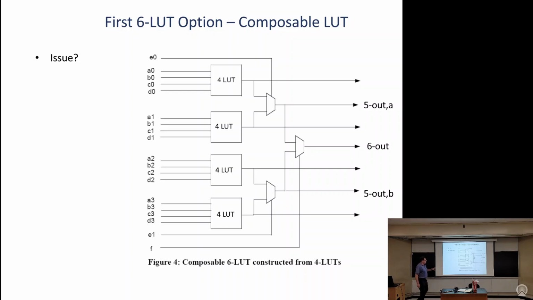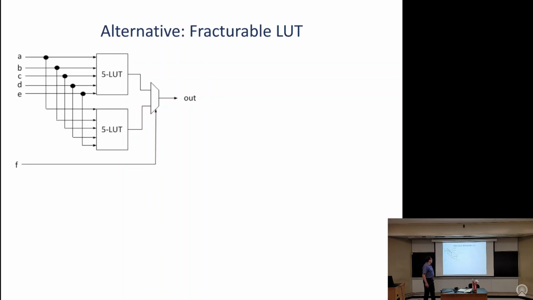So yeah, if you were to actually build this, it's worse. It's too expensive, basically. You've greatly increased the cost of the 6 LUT and then improved your ability to reuse things, but it's not a good trade-off point. Okay, so the alternative is to build, so that was called a composable LUT, and the paper talks about that